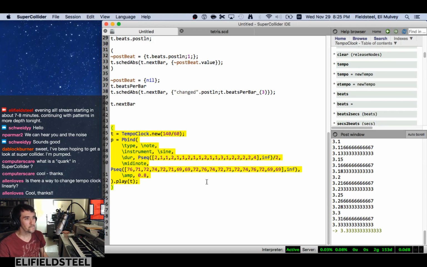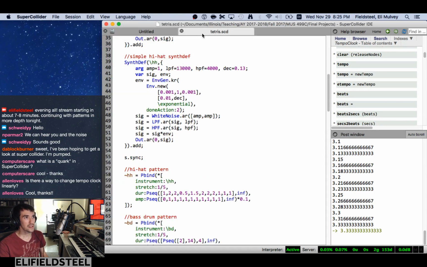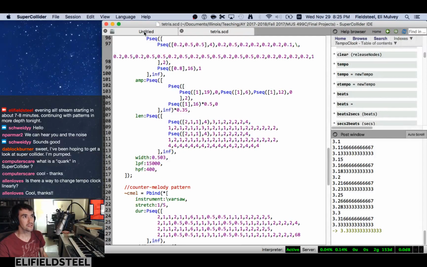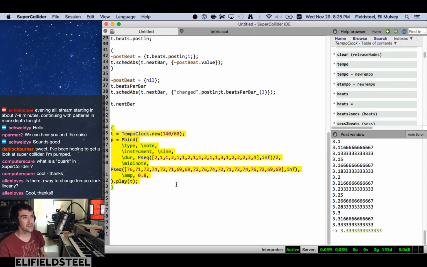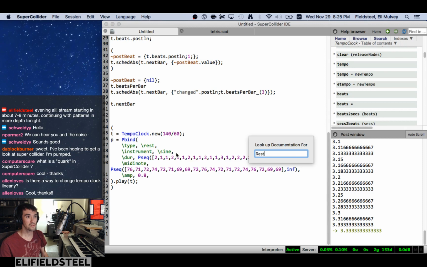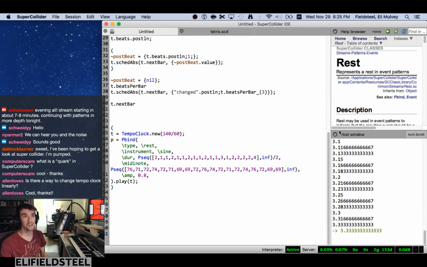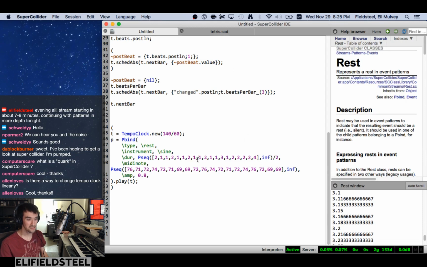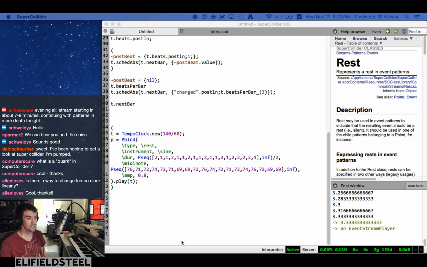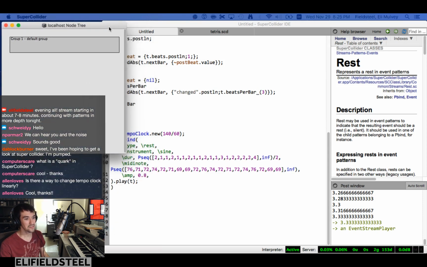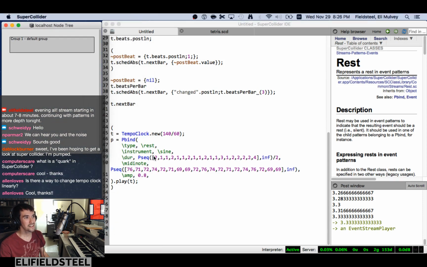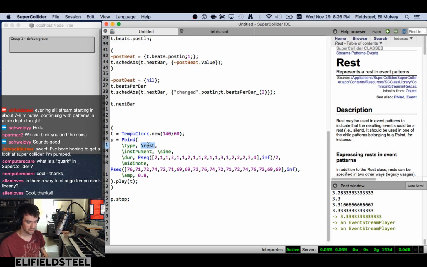Okay. So, as I was saying, this is kind of sloppy and unreadable and not something that can easily be modified. So there's a different type of event called the rest event. And if you look, there's actually an object called rest, which represents a rest. So if we play this now, yeah, it's not even making any synths. It's just sitting there. Let's stop it though. And if we change this back to note,